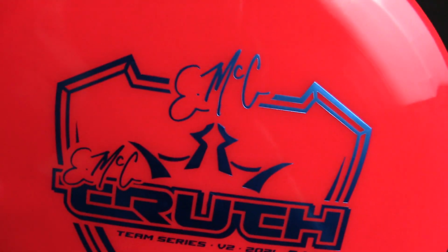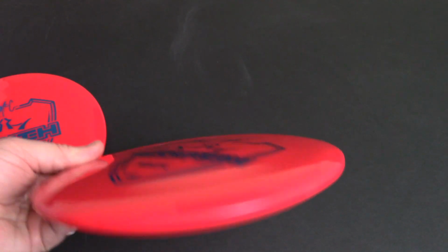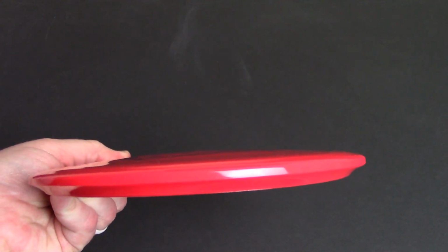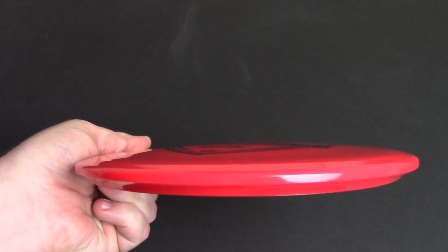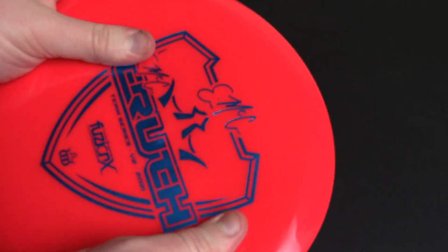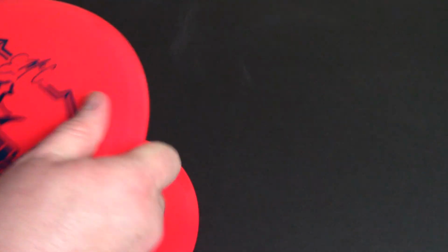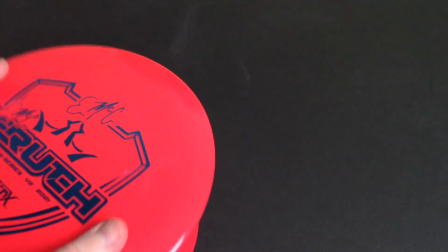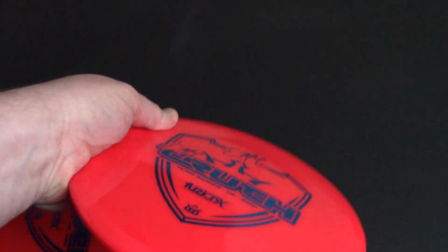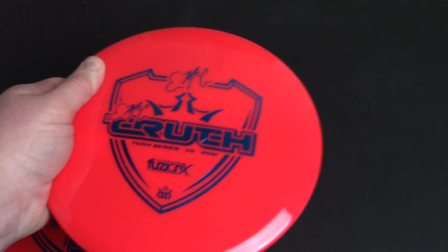Fuzion X, Emac Truth. These have some kind of central dome. Both of them have a little pop top in the middle. As you can see there, it doesn't come off of the shoulder as much as it just pops straight from the middle of the disc. It's got a little bit of heartbeat to it. This one, a little bit more. But the way it feels is really nice because in my grip, I don't really notice that dome. It still feels like a flat mid,